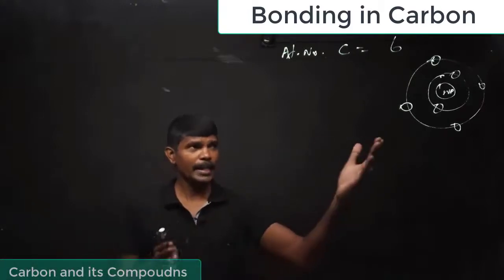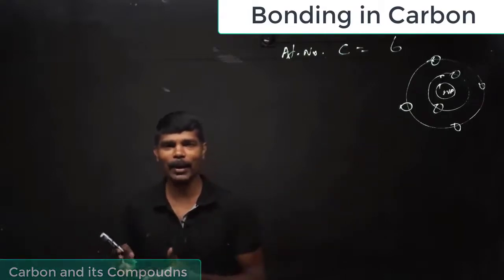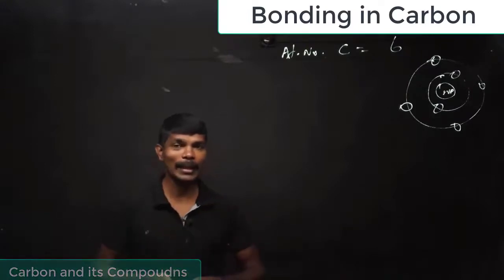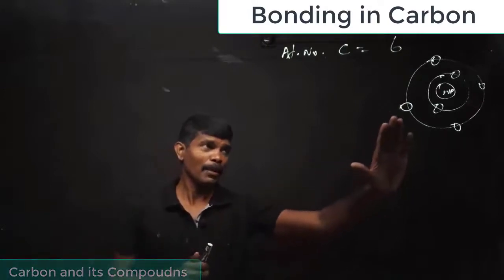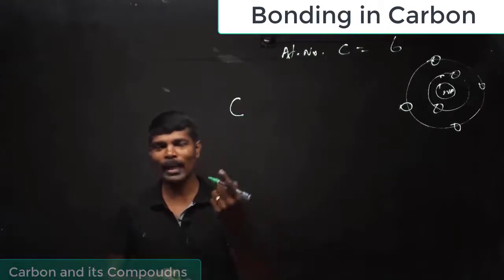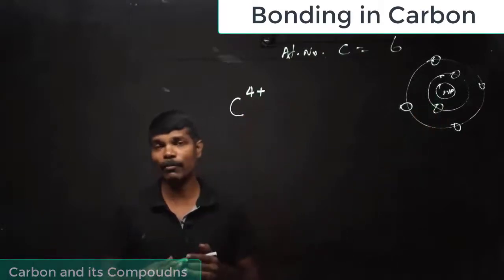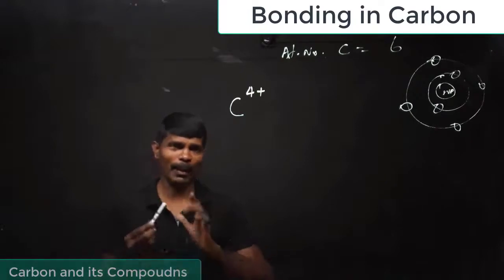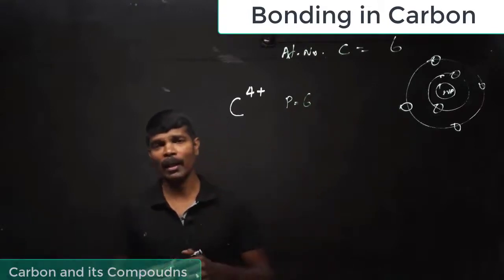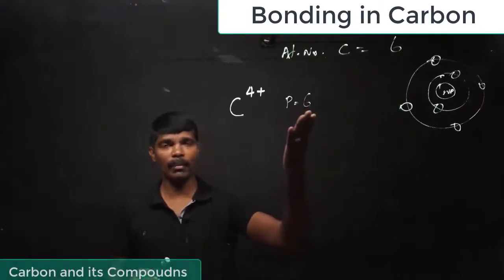Why? Let us understand by taking carbon as an example, then you will understand why an element cannot lose more than 3 electrons or why an element cannot gain more than 3 electrons. See here, if carbon loses 4 electrons, then we know that by losing 1 electron it forms 1 positive charge. So by losing 4 electrons it should form a 4 plus ion, which is not possible. Why? Because the number of protons here would be 6 only, because the number of protons remains the same, the atomic number of carbon is 6.